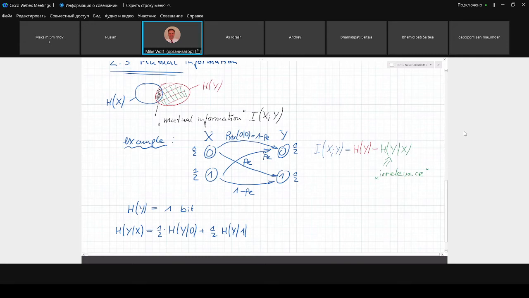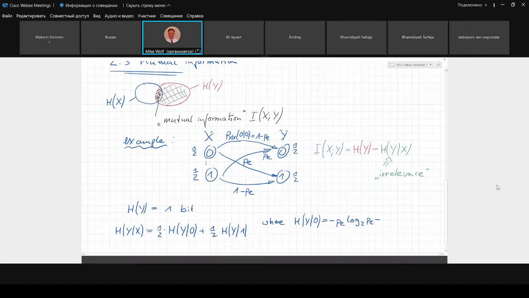And now we calculate h of Y at X is 1. What is it? It only depends on these conditional probabilities. So it's minus PE log 2 of PE